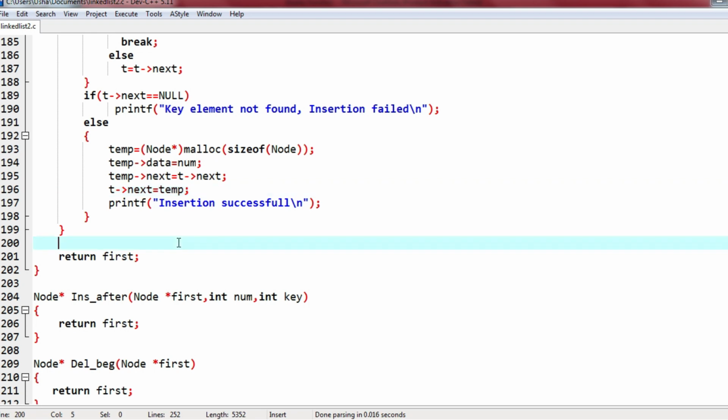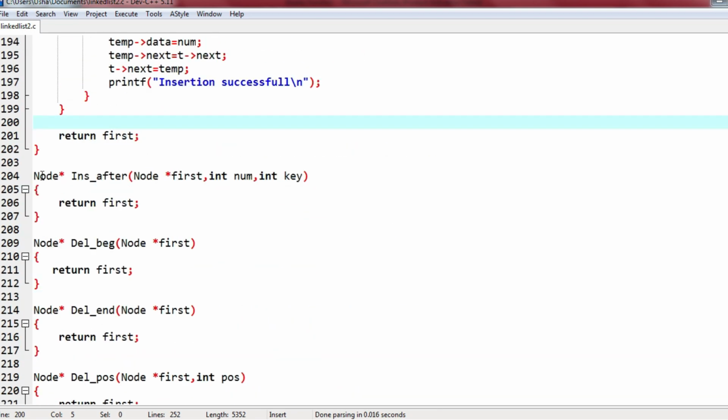Okay, so that is about inserting before. Now with this reference, I will give you an assignment, which is for inserting after. I want you to write the code with reference to this, and I will be sharing the complete program in the Telegram channel. So whether you're watching it now or later, you can check your code with the code that I shared with you. Insert after, only for this I am going to share the code in the Telegram channel. So based on all the explanations done so far, I want you to think in those terms and write your own code for insert after.